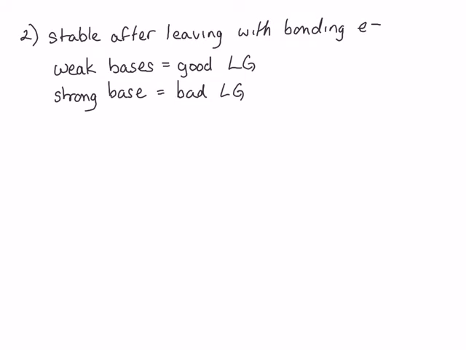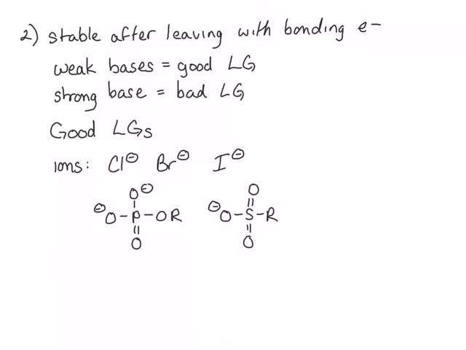Let's look at some examples of good leaving groups. Ions that make good leaving groups are the conjugate bases of strong acids, including chloride ion, bromide ion, and iodide. Also phosphates, sulfonates, and sulfates. Take a moment to think about why these last three are very good leaving groups and why they're so stable. The answer is, of course, resonance. These ions are resonance stabilized, allowing the molecules to spread out the negative charge, making them more stable and happy